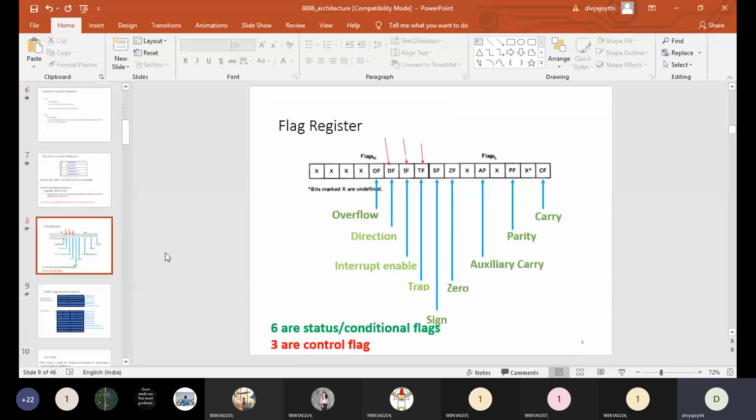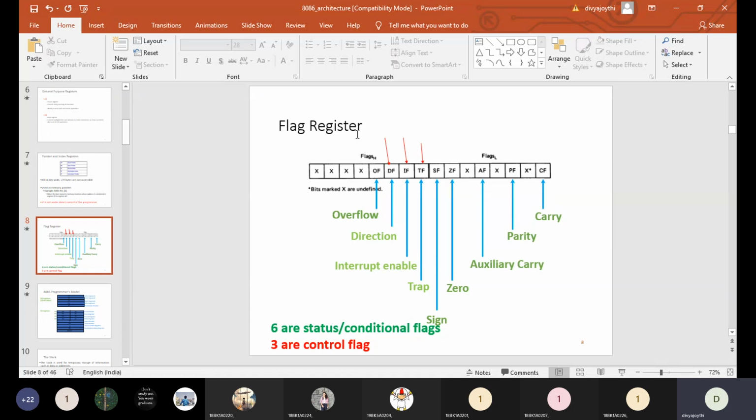Pointer and index register. And finally, now we are into the flag register. So what exactly is a flag register? I have discussed it in the last class also. The flag register is again a 16-bit register. Whatever register it is, if it is related to the 8086 microprocessor, you have to keep in mind that every register is a 16-bit register. Only the general purpose registers provide accessibility for 8 bits. And this flag register is also a 16-bit register. You can see that here.